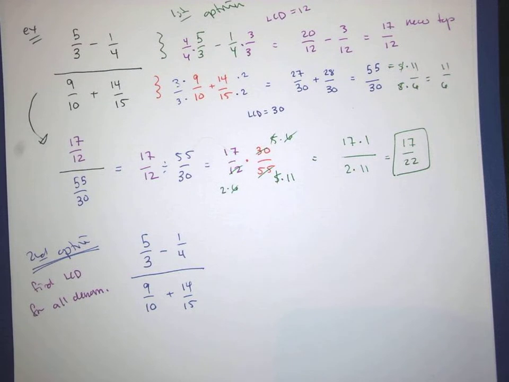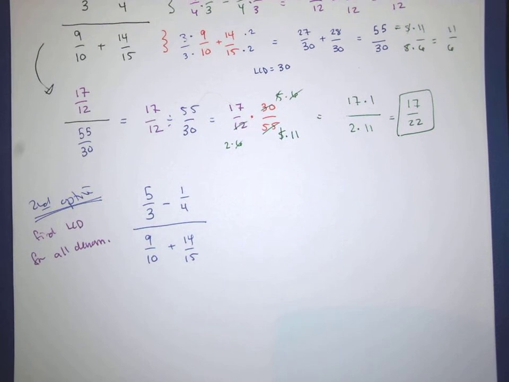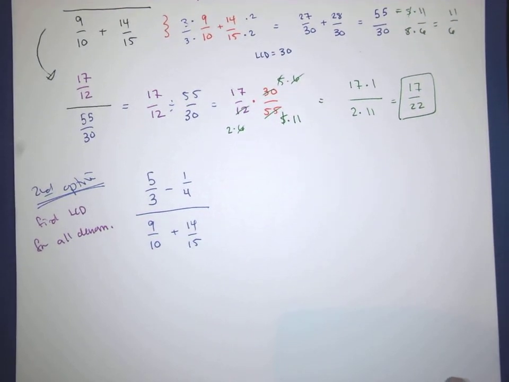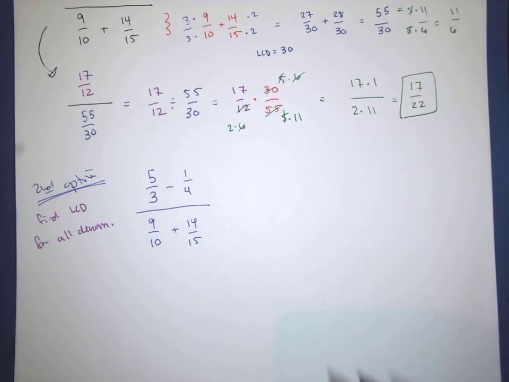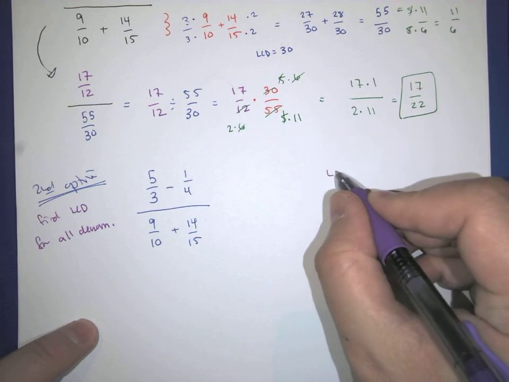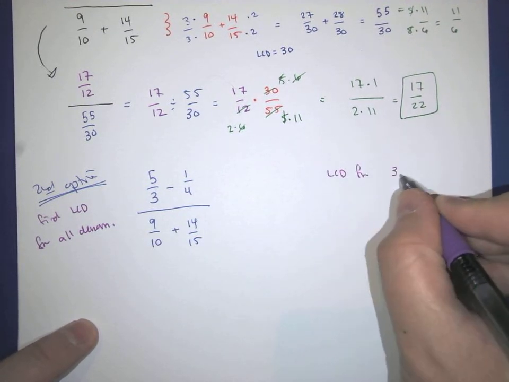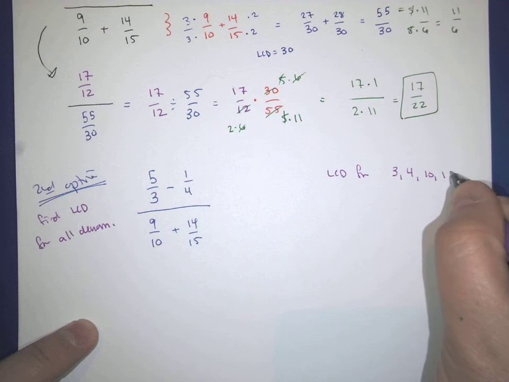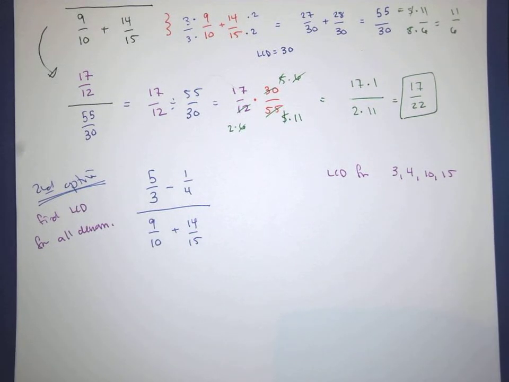So don't just look at the top fractions and then the bottom fractions. The idea is to actually look at all of them together. So that is for me, right? I want an LCD for 3 and 4 and 10 and 15. I want sort of all of those together. That might seem tricky, that might seem extremely difficult, but it should be okay, because the idea is to just sort of take